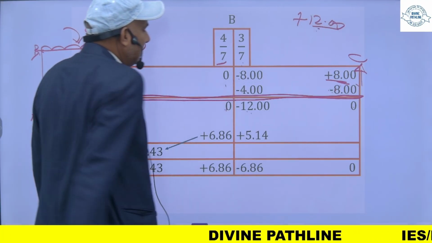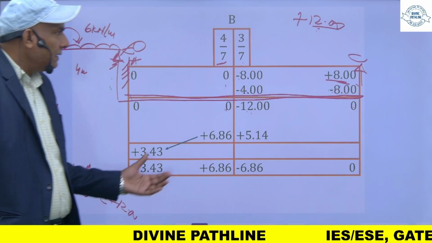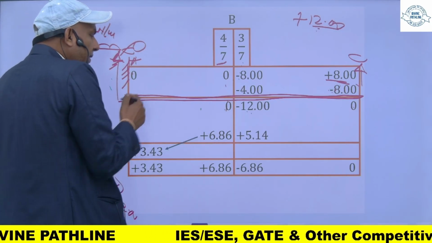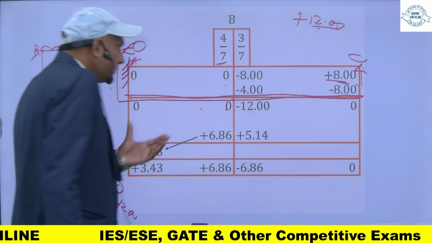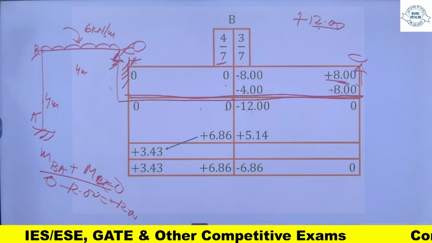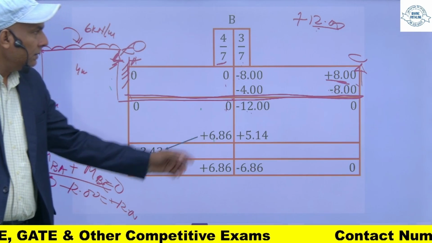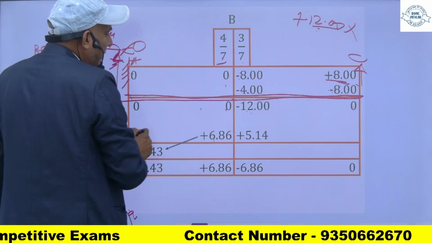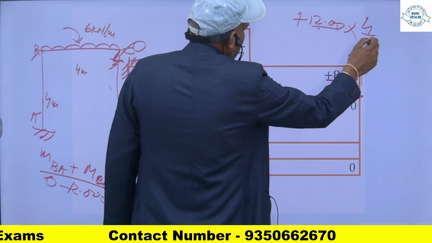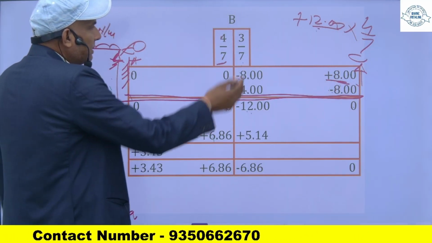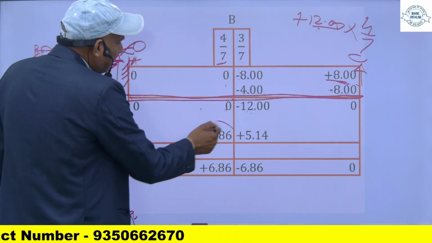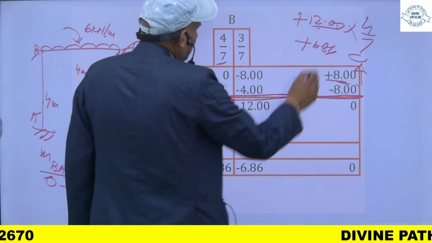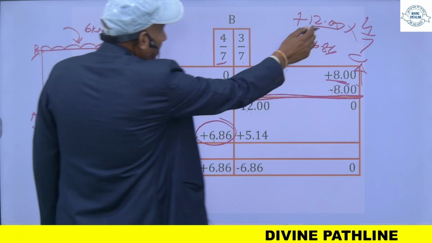और ये जो +12 है, दैट विल बी डिस्ट्रीब्यूटेड इन दिस मेंबर BA एंड BC एज पर दिए डिस्ट्रीब्यूशन फैक्टर। अब यहां पर कितना शेयर होगा, ये 12 इंटू इसका जो डिस्ट्रीब्यूशन फैक्टर है 4/7, उससे मैं मल्टीप्लाइड कर दूंगा। जब मैं इसको इससे मल्टीप्लाइड करूंगा तो मुझे मिल जाएगा प्लस 6.86।